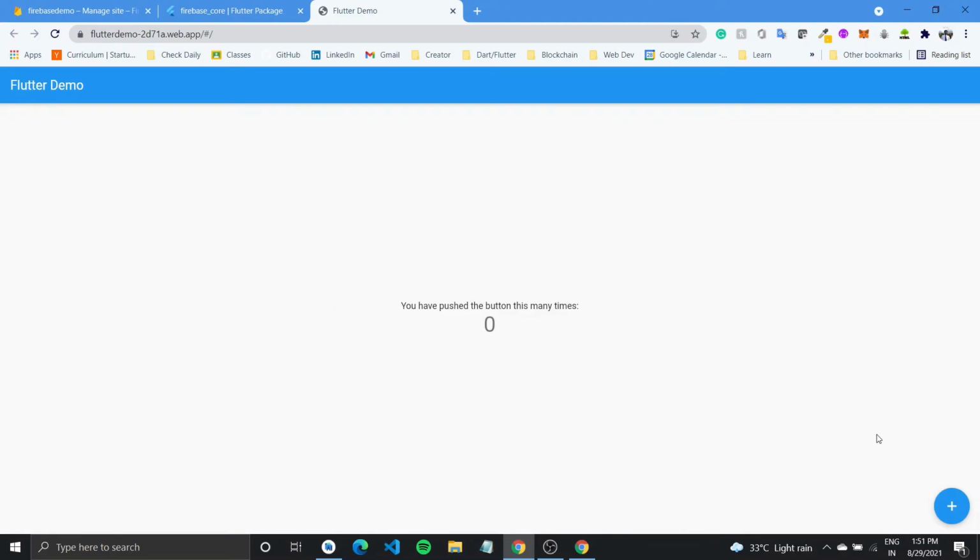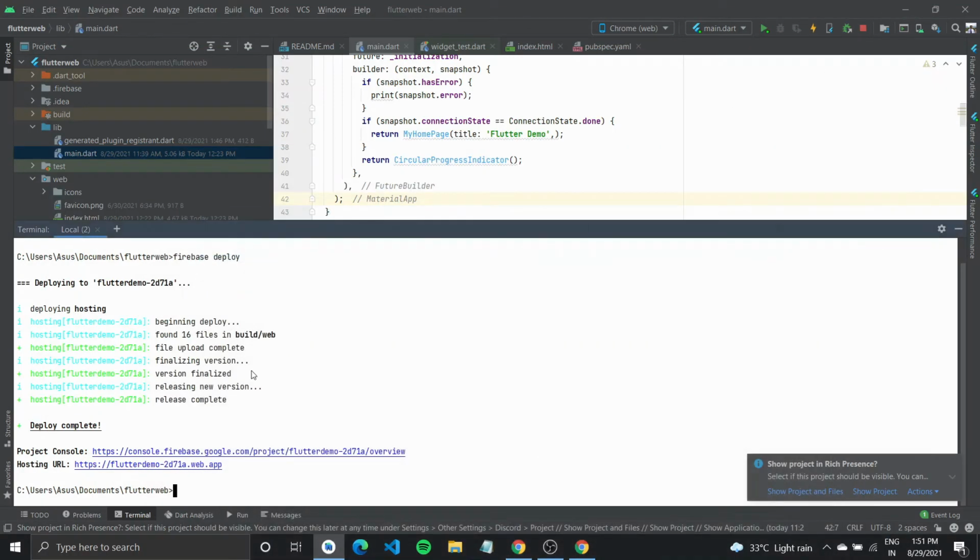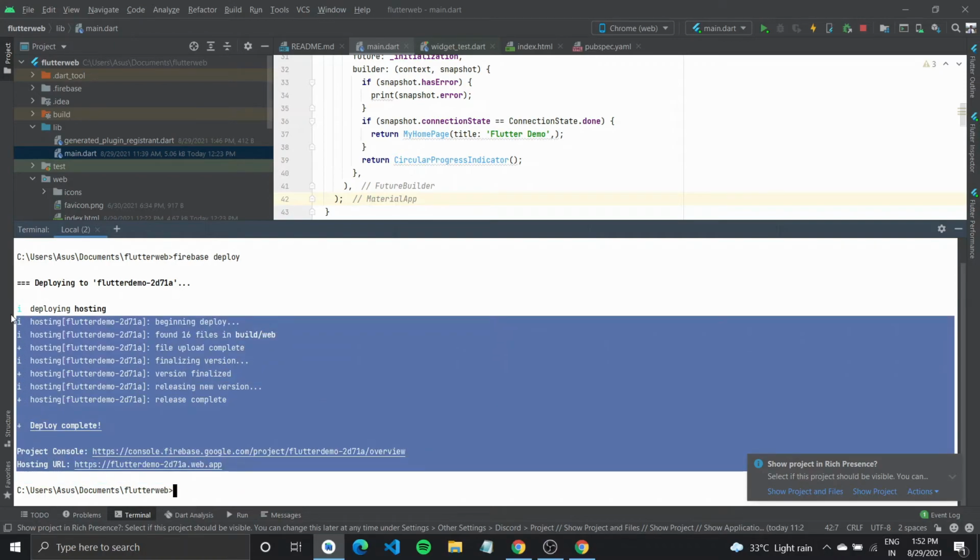It will take some time to load. And there you have it, the website is successfully deployed, and you can try running it and it would work just fine. So your website is deployed successfully. It is showing the project and everything related. And that is it for this video.